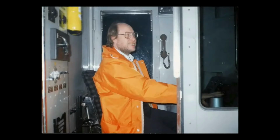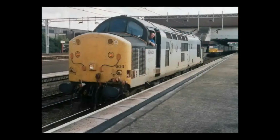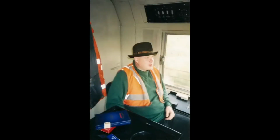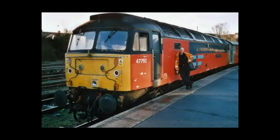Top panel signal speaking. Hello, this is 2 Romeo 43, standing at Sierra Yankee number 8. Hello there, driver, 2 Romeo 43, standing at Sierra Yankee 8 signal. What is it, driver? Your colleague on the one that's just gone past you has reported, you're not going to believe this, you know on the road bridge by Owl Church Station, that goes over the railway there,